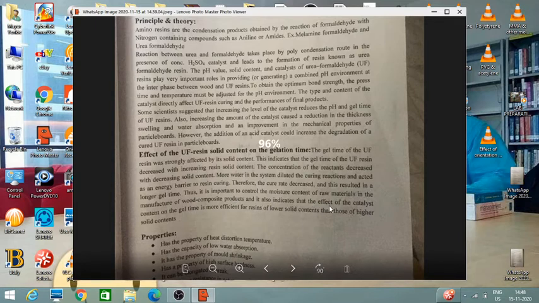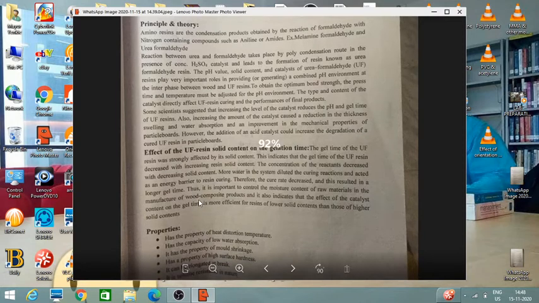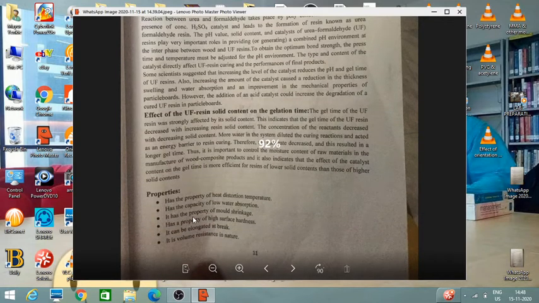And it also indicates the effect of the catalyst content on the gel time is more efficient for resins of lower solid contents than higher solid contents. So you will see more effect of catalyst on gel time in lower solid content resin rather than